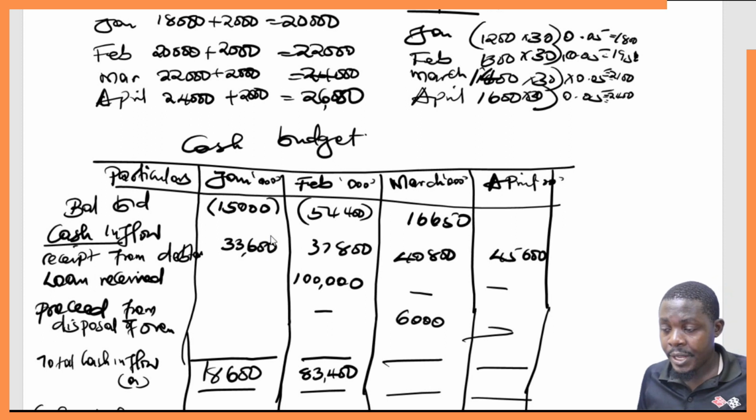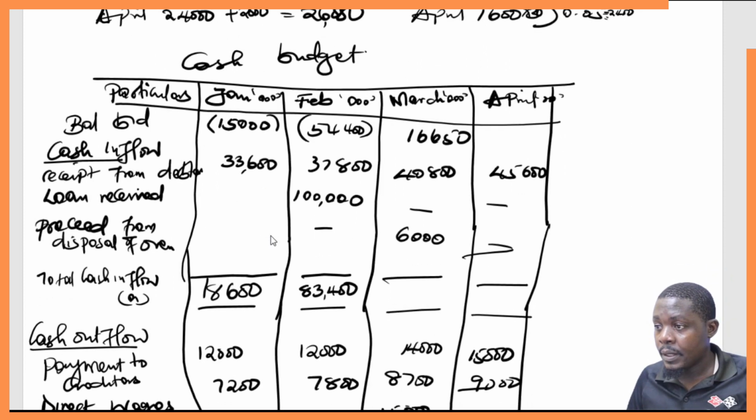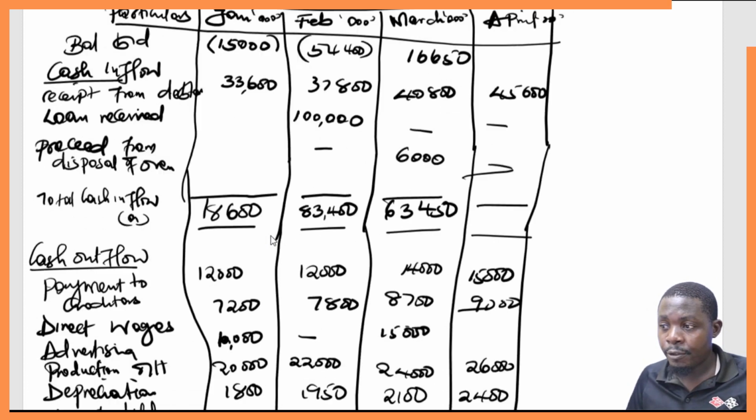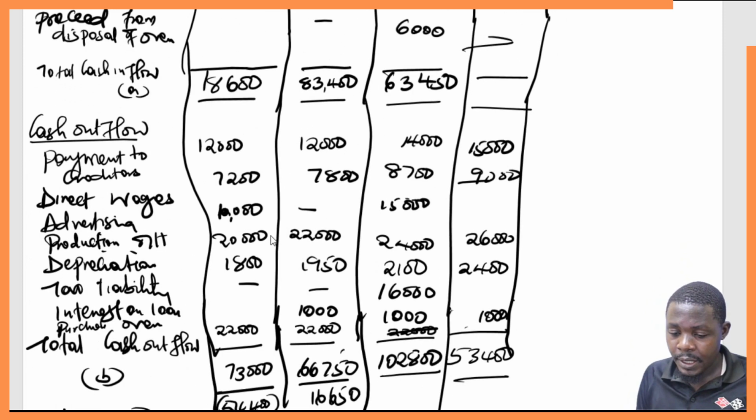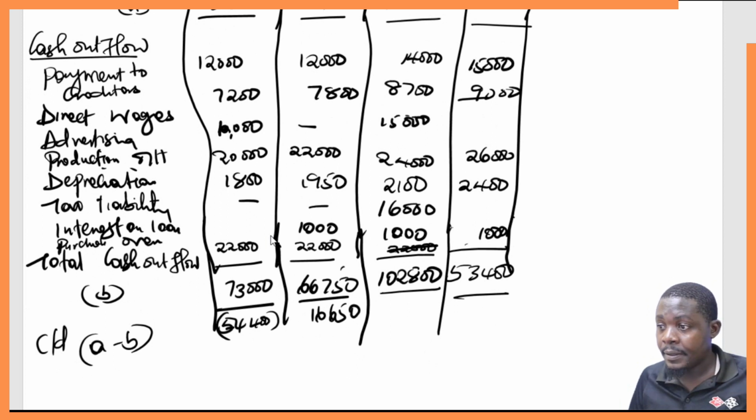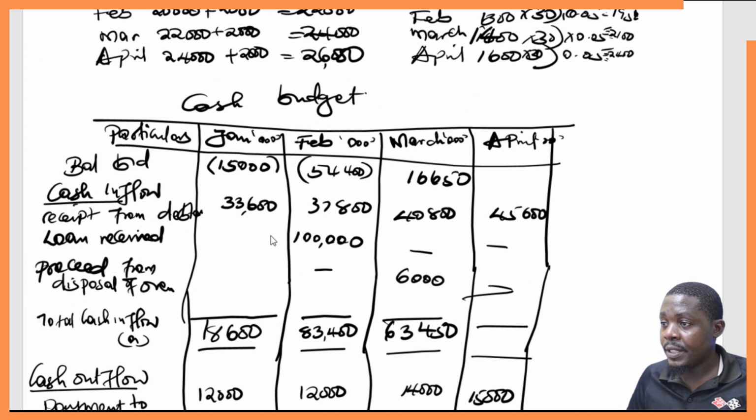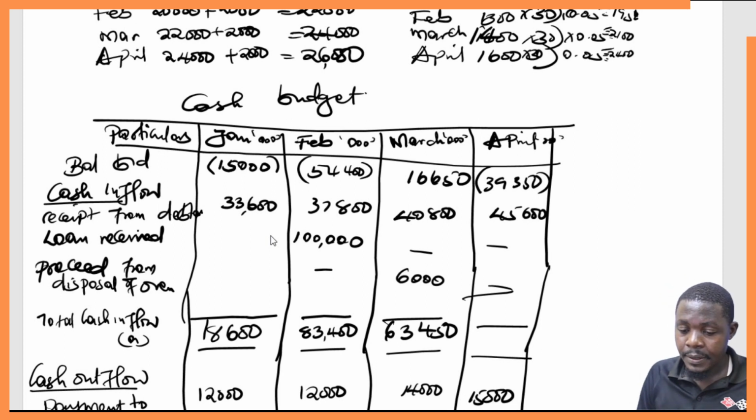We have 63,450. Now 63,450 minus the cash outflow, 102,800. We have negative 39,350. Now negative 39,350 is what we are taking here as the opening balance for April. Remember, it is negative, in bracket, plus